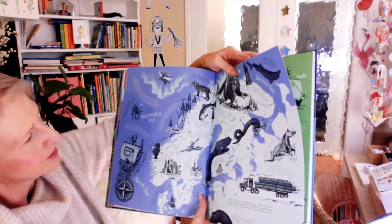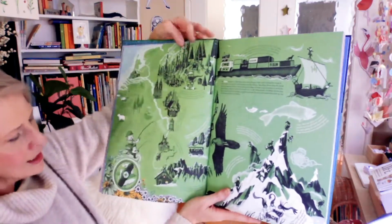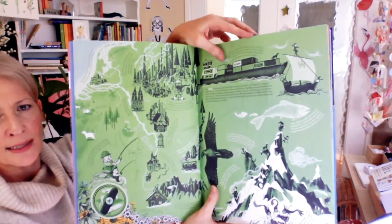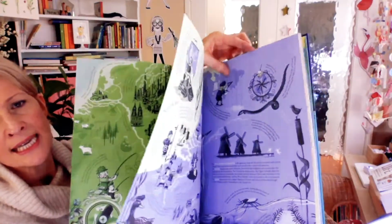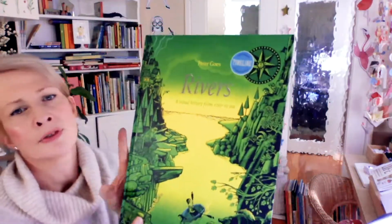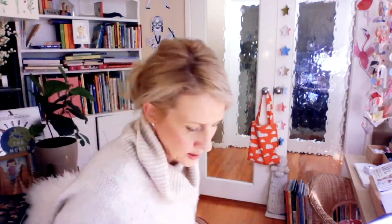Here we are coming into the North Sea here. And I just love the colourways. I love how beautifully designed this is and how each spread has its own colouring. Stacks, stacks, stacks of pages, stacks. It will take you a month to get through, but you could not be happier while you were indulging during